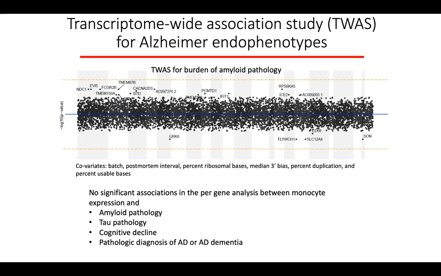And very clearly, there are no single genes that are associated with the burden of amyloid pathology in monocytes. The same is true for tau pathology and for our measures of the slope of cognitive decline prior to death, and also syndromic diagnoses of either pathological AD or AD dementia. So again, very little evidence that the transcriptome of the monocytes in the periphery is relevant to some of these